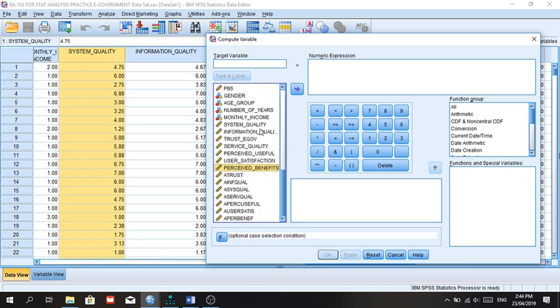So for the moderating effect here, we're going to type something like sysqual times trust egov. This will reflect the moderating effect variable. So we're going to take system quality and multiply that by trust in e-government. That's going to be the numeric expression here. And then we click OK,